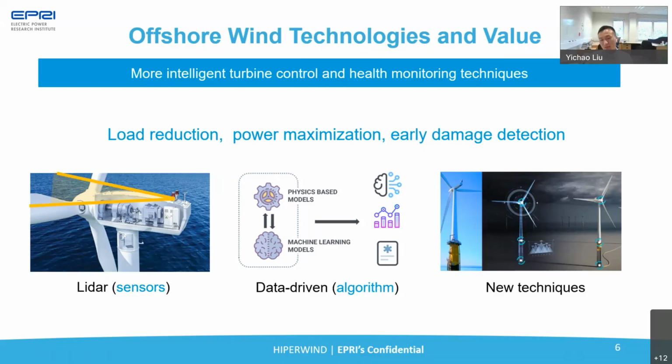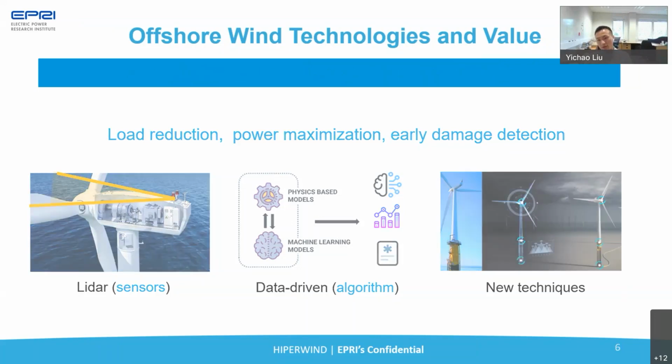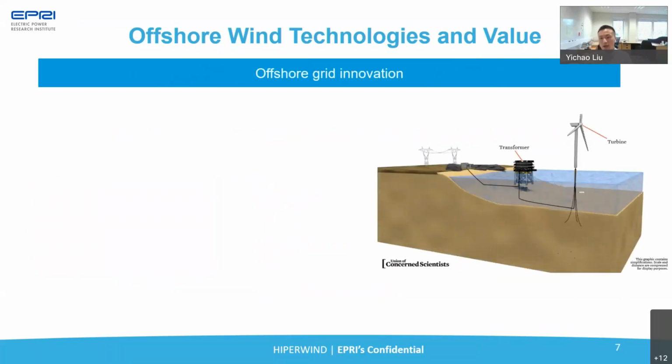And then finally, there are lots of new technologies coming in. For instance, we have digital twins, we have floating wind turbines, we have vertical axis wind turbines. Also, we have robotics, like the drone. We can use them to measure the flow in the wind field. But this is only part of my story, because if we look beyond the state of the art, we are